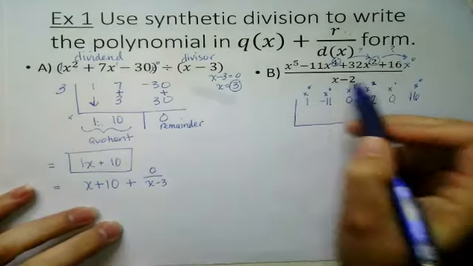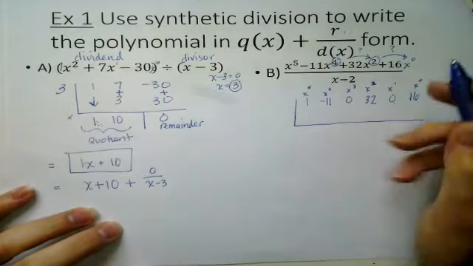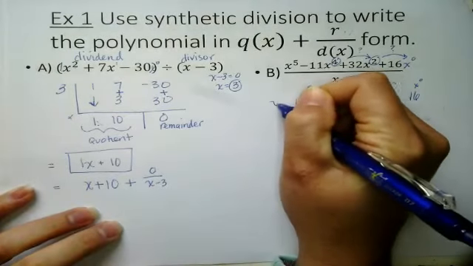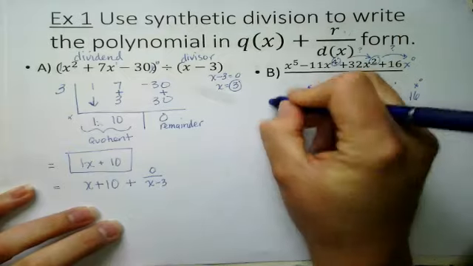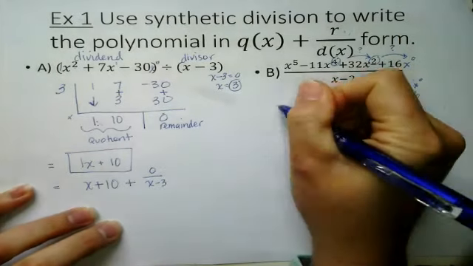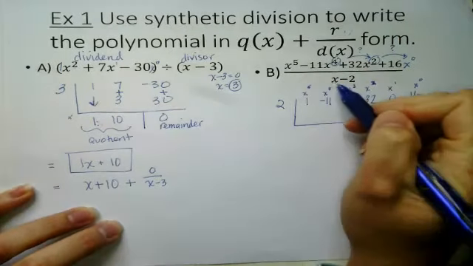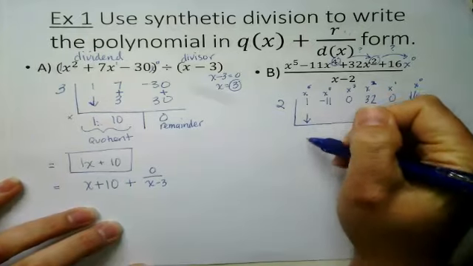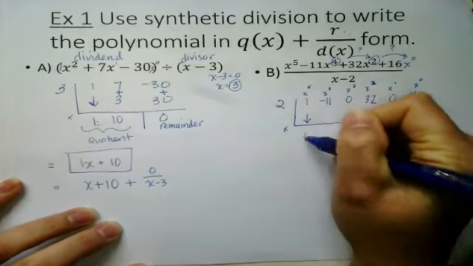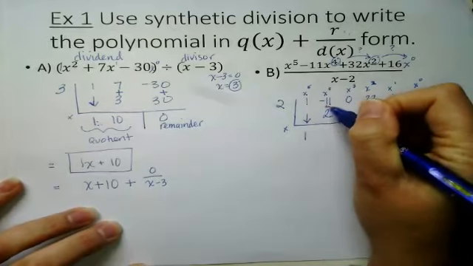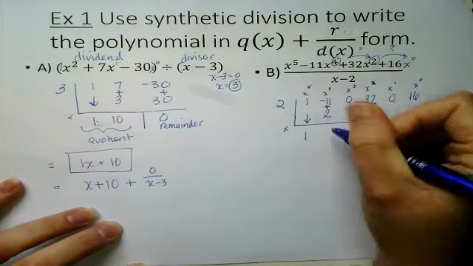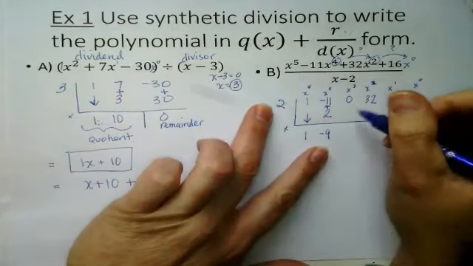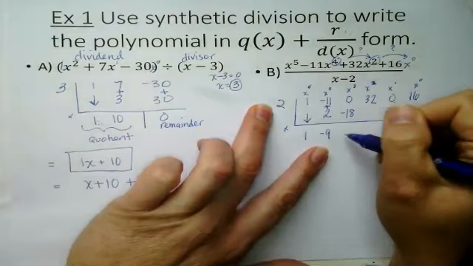Okay, we are dividing by x minus 2, and over here, x minus 2 would be x equals 2. I'm just going to put 2 there. So again, solving for x, we get x equals 2. I'm going to go ahead, bring down my first term, we get 1. We multiply 1 times 2 is 2. We combine, negative 11 plus 2 is negative 9. We multiply 2 and negative 9 is negative 18. Combine,